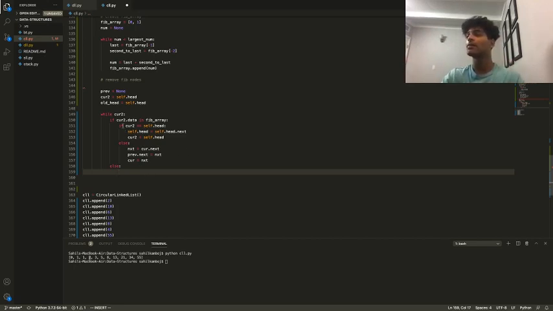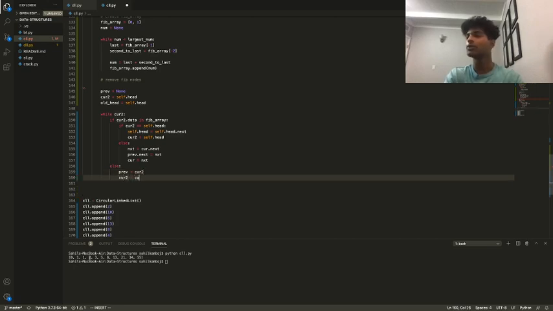So basically, the only other situation is if the cur2 data is not in the Fibonacci array. So all we're going to do in that case is we're going to say prev is equal to cur2, and our cur2 is going to move over to the next node. And so I just realized here, this all has to be cur2. I didn't miss any, right? cur2.data, cur2 is equal to self.head,